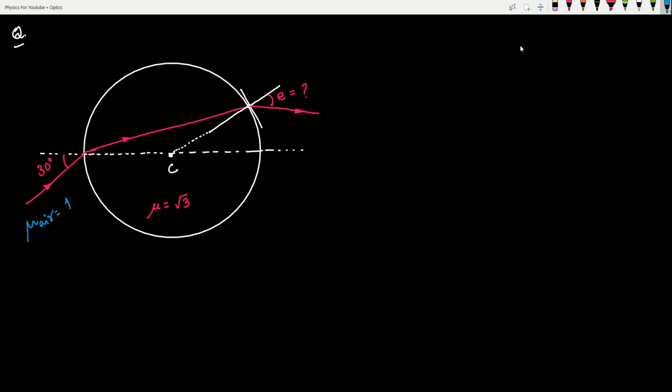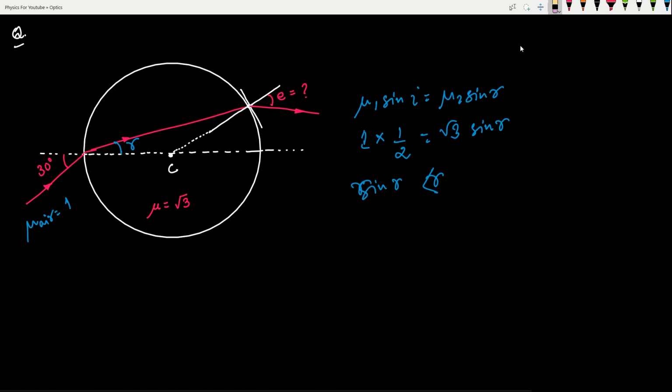Very easy. We can use the concept given by Snell, that is mu1 sin I is equal to mu2 sin R. This is the angle of refraction. So mu1 is 1 multiplied by sin I, that is sin 30 degrees, which is half, equal to mu2, which is √3, and sin R we don't know. Now if you follow this path and try to find the value of sin R and the angle of refraction, you'll land in trouble. So without solving this,